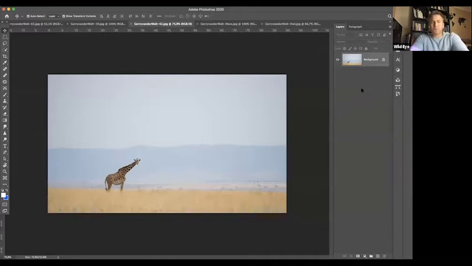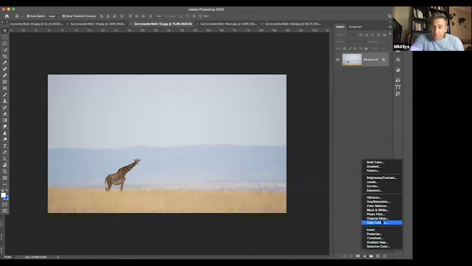So what you do is, I can either right click over here and make another layer, or I can come down to this little button here, that's where I select my adjustments. This pops up, and these are all the ones. I'm not going to go into all of these. The one I want to show you is Levels. You click on Levels, and it automatically creates a new layer.